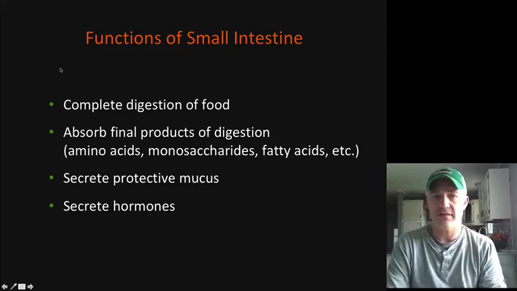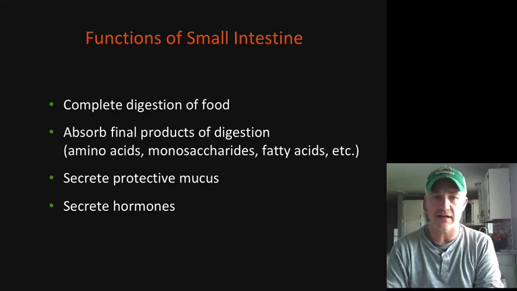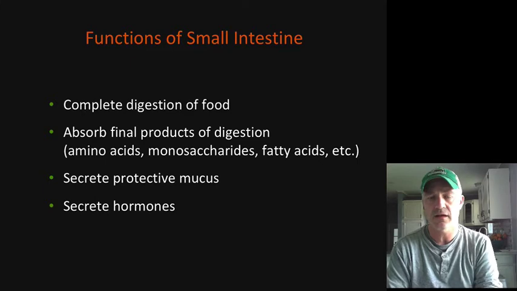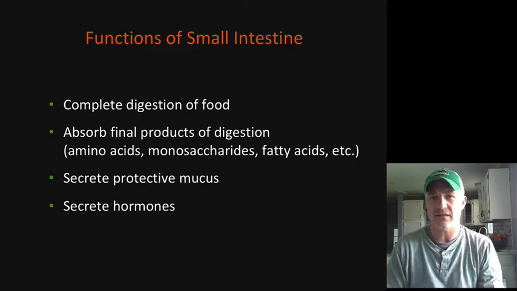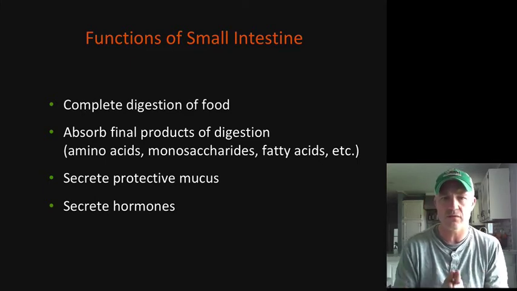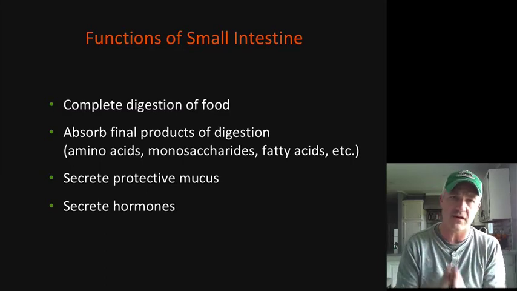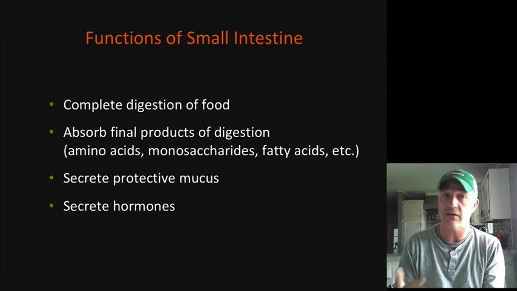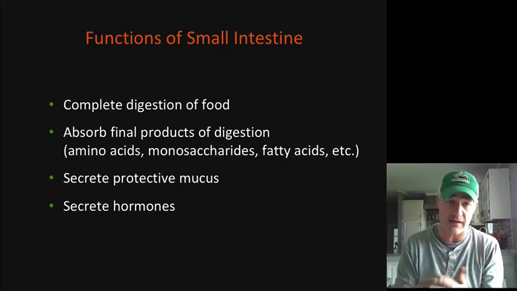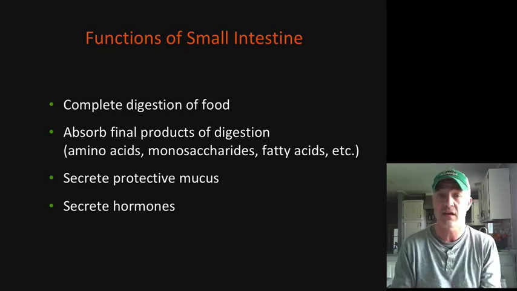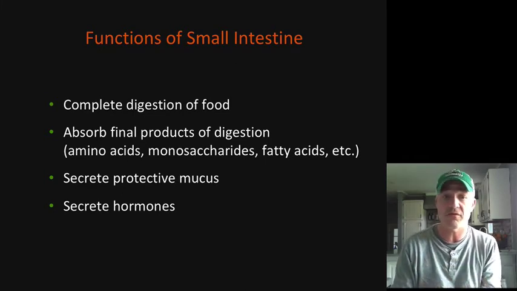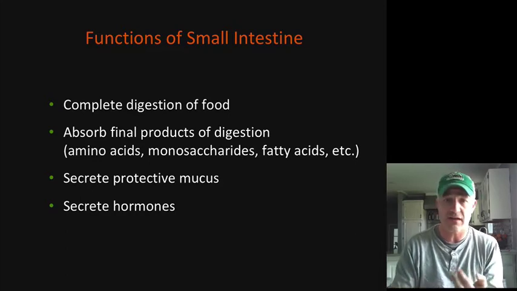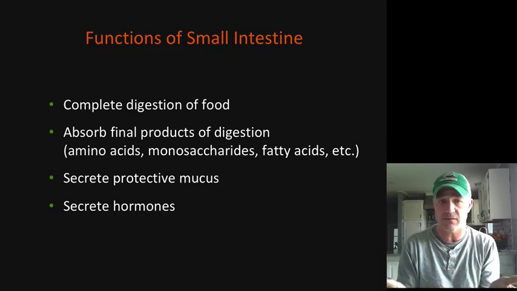All right, so next thing we're going to be talking about here is the histology of the small intestines. When we're really looking at what the small intestine's doing, it really is getting into that food that we've started breaking down in the mouth, in the stomach. It's now going to start trying to complete that, chemically breaking it down to the basic subunits of these nutrients and getting them into their absorbable form. So proteins down to amino acids, sugars down to monosaccharides, fats down to their basic subunits, same thing with nucleic